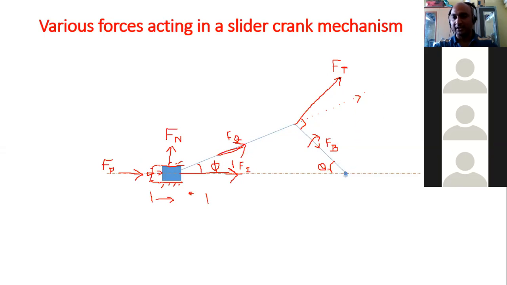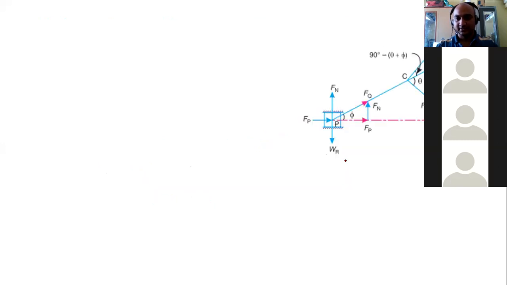We are going to define every force in the system, one by one, so that you will get your doubts cleared. In the next few slides we are going to discuss every force in this system. So just now remember, FT is the traction force. FB is the bearing force, FQ is the force along the connecting rod, FN is the normal force, normal to the cylinder walls, and FP is the piston force. We'll now discuss each and every force in the coming slides. So we'll see next.